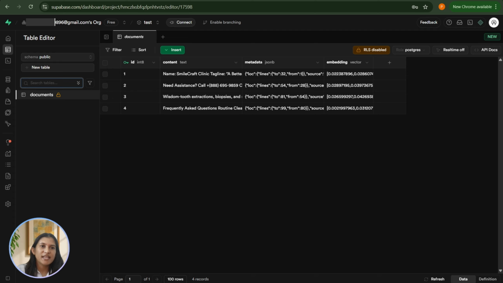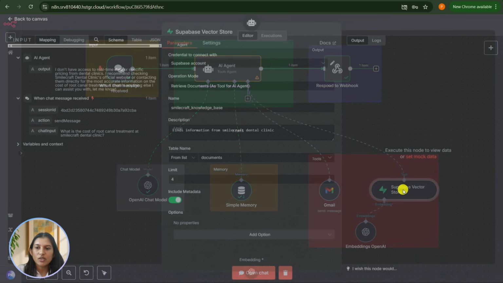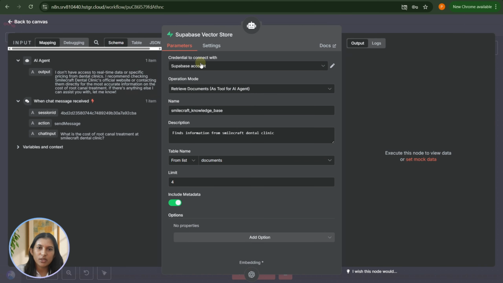Now the embeddings have been created. Let's go to our initial workflow. Let's quickly attach the Supabase vector store tool. Under the Supabase vector store tool, similarly you need to add the credential. You need to select the table name from which this vector store is going to return those particular chunks which are relevant to the user question.